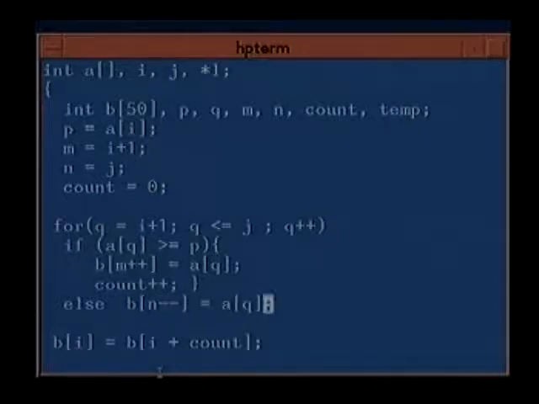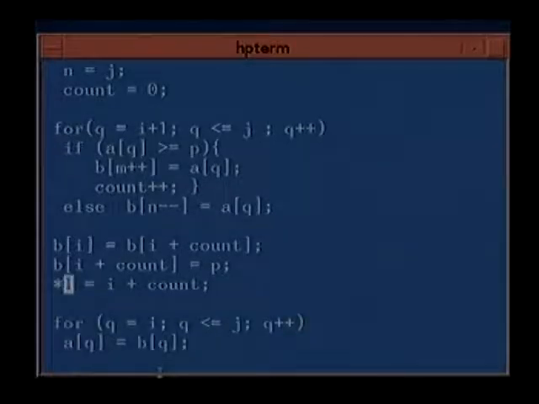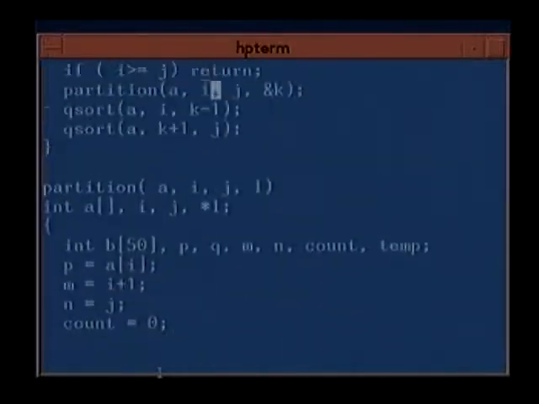The for loop ends here, and this counter will tell you how many elements are actually going into the front of the list. So at the end of this, you know where the first original element which was selected will be put: this will be Bi plus count. And the content of L will be returned as i plus count, because L will get back the value where the partitioning occurred.